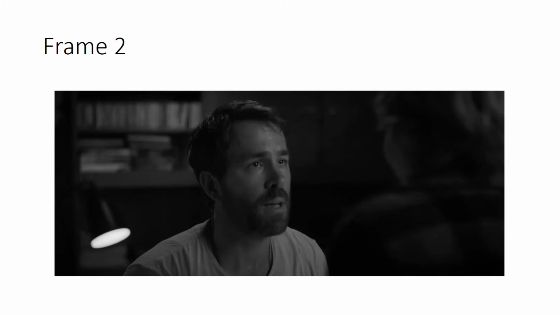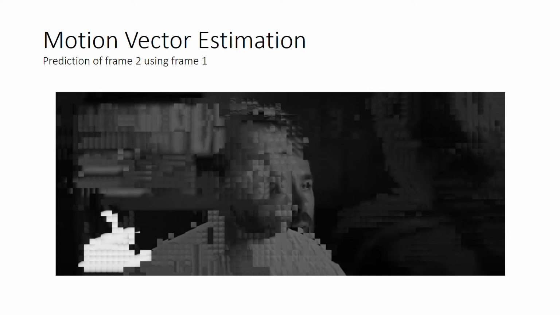I use motion vector estimation, a motion vector array. To obtain this motion vector array, I use a sequential search algorithm. And this is the motion compensated image. Now if we only store the motion vector array, this is what we get. But to obtain the desired image, we need to add something to this, and that something is the residual. We can obtain this by subtracting the estimated image, the motion compensated image, from the actual second frame,